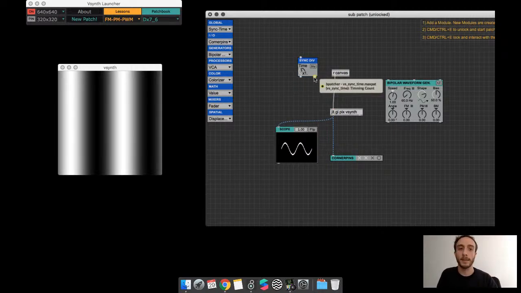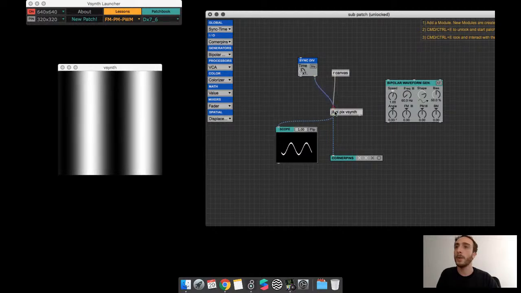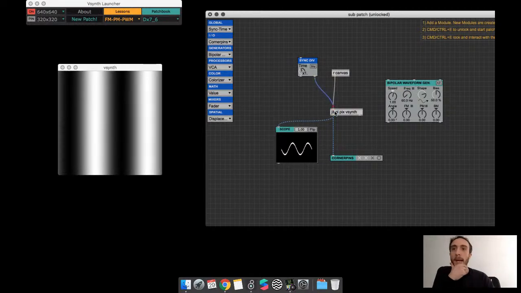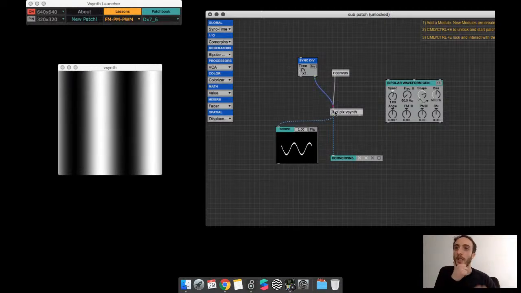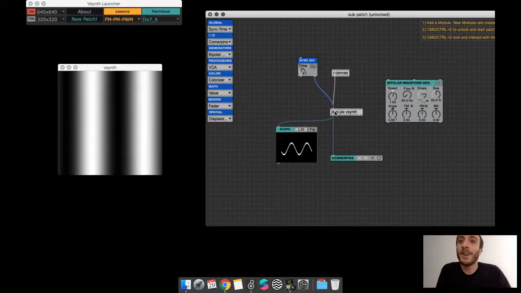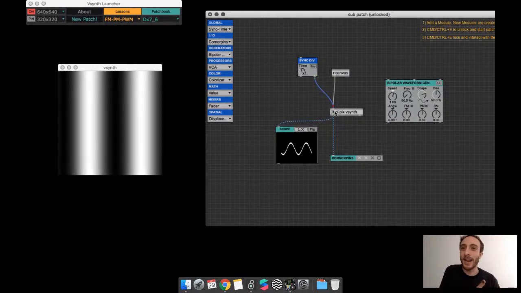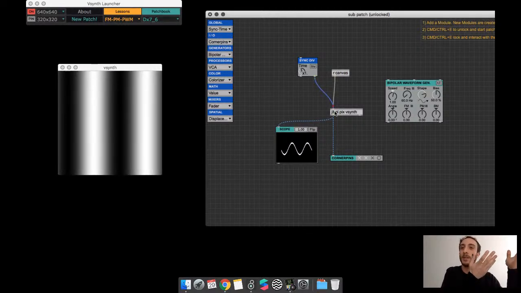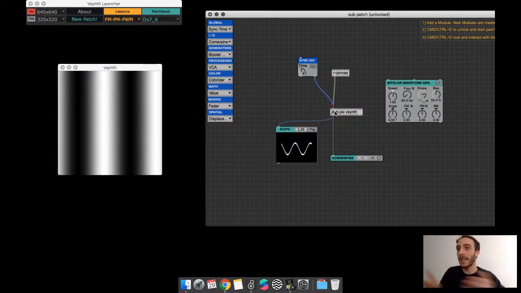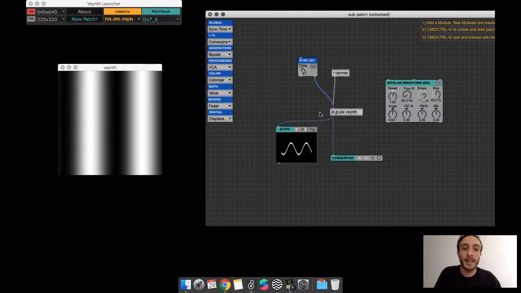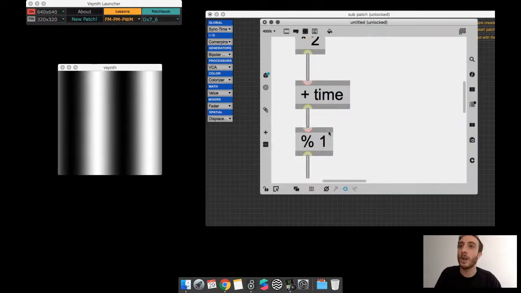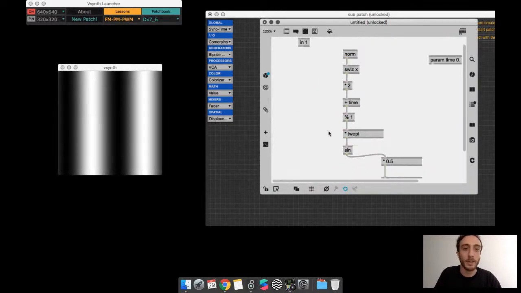So I'm just going to plug the time into the module, and as you can see, it's going to the left, which is weird, because positive numbers mostly go to the right and upwards, and negative values go downwards and to the left. So why is it that I'm adding the time and it goes to the left? That's something really